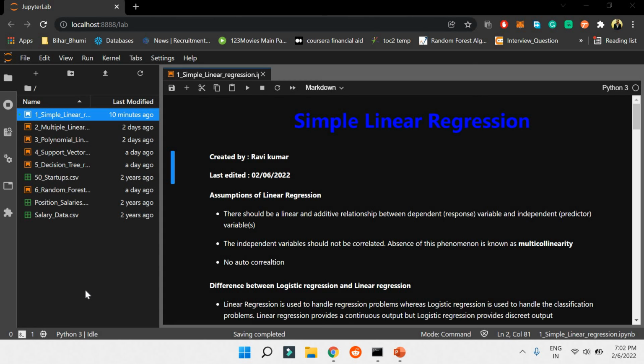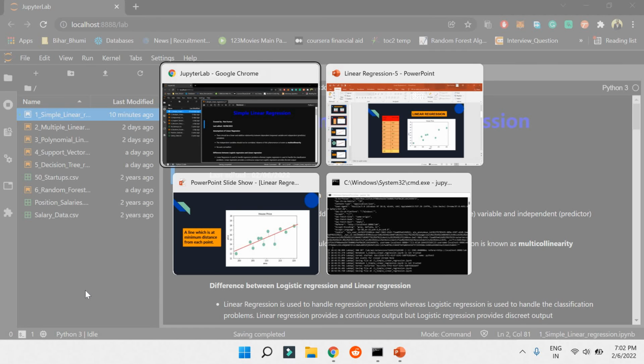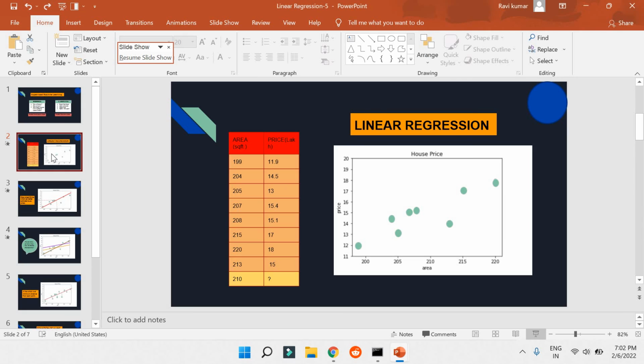So in this video we're gonna learn about simple linear regression. So what is simple linear regression? What are some assumptions? We usually confuse between logistic regression and linear regression. So what exactly are those? So let's directly go to some slides first so that we can get some basic understanding, and then